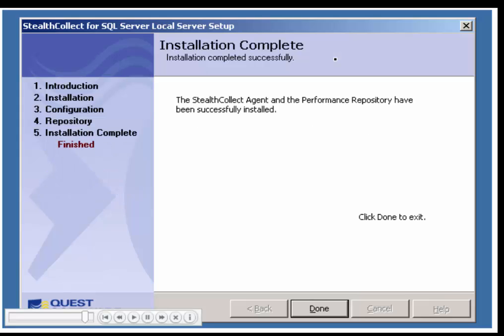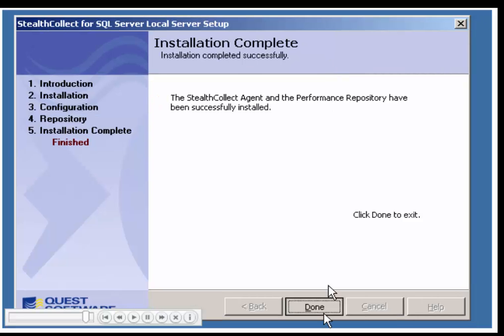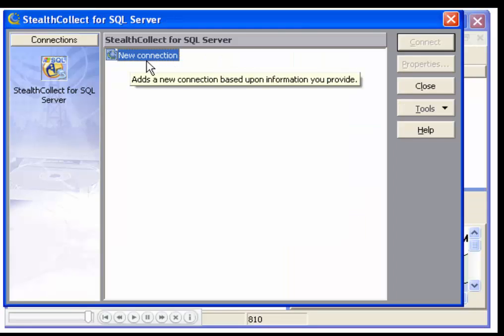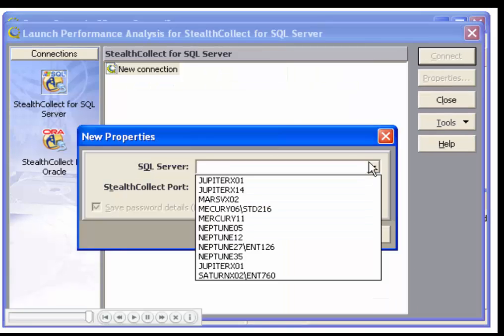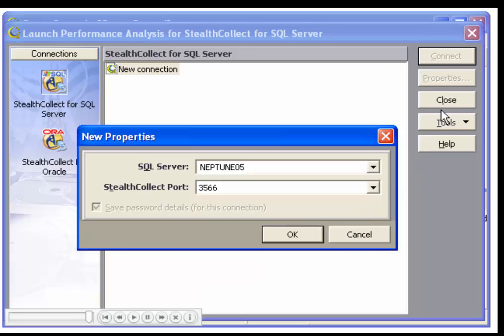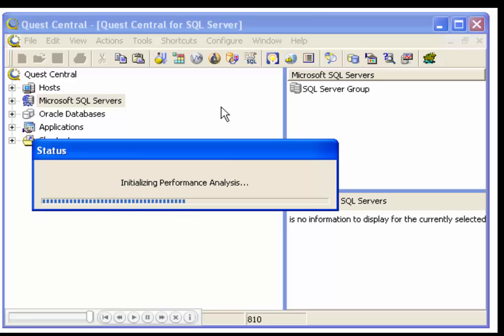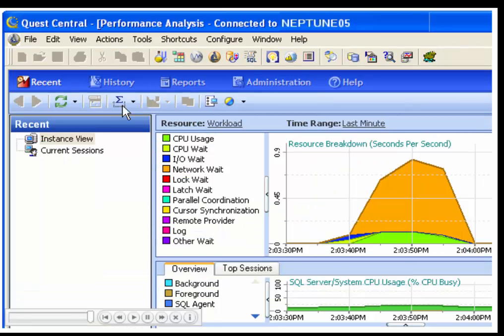Congratulations! The Stealth Collect agent and performance repository have been successfully installed. To test our installation, we will connect to the monitored instance through this Stealth Collect agent from a performance analysis client. We can establish the connection from within Quest Central by clicking the performance analysis icon, allowing us to configure a new Stealth Collect, whose properties we select, and we can now connect to the monitored instance of